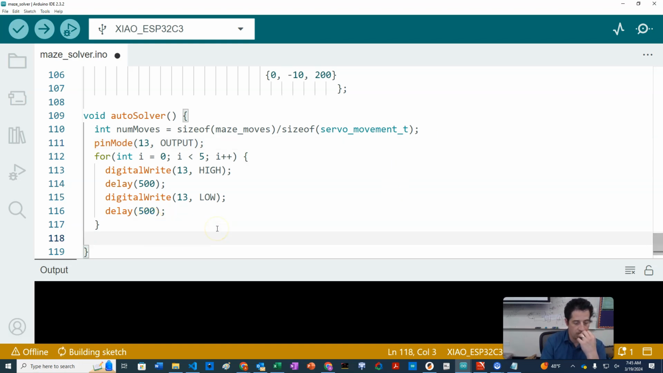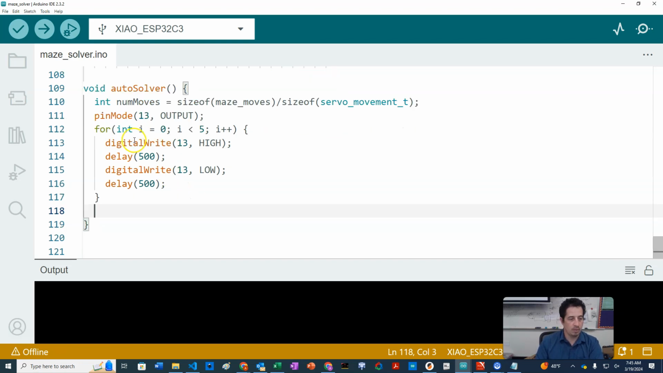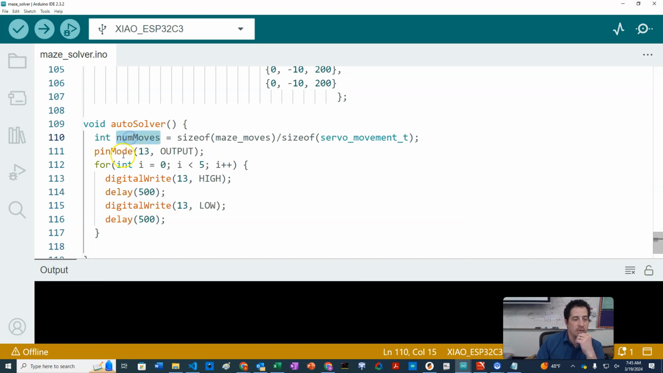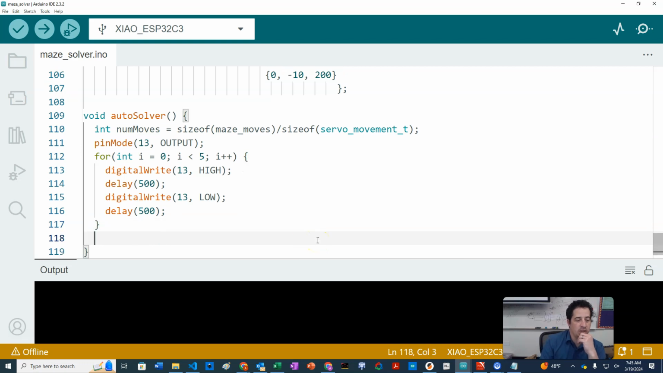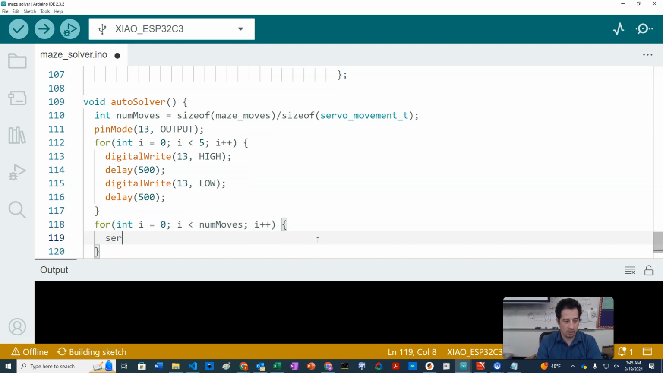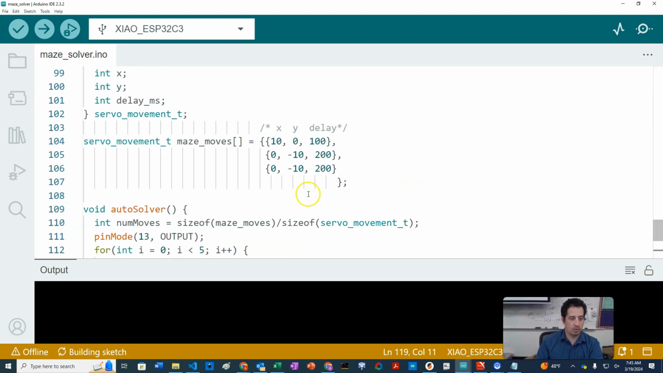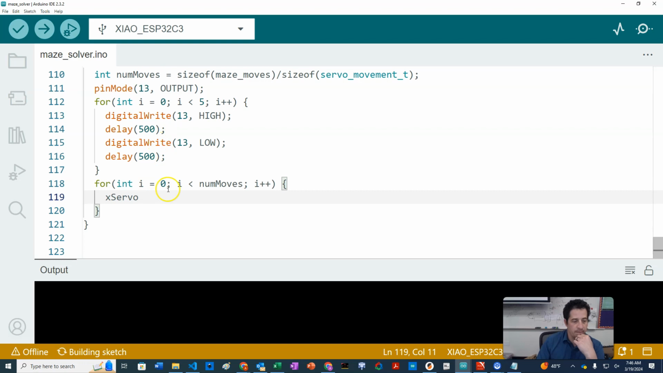And now what we're going to do is, so we've figured out how many moves, we've got our pin modes, we've got our loop here to give us a little time to wait, and now we're just going to solve it. So say for int i equals 0, i is less than num moves, i plus plus, and all we're going to do is say x servo